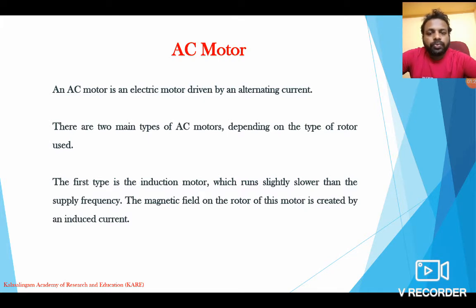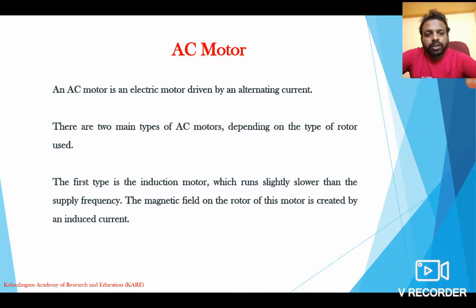There are two types of AC motor, and AC motors are used in both electric and hybrid electric vehicles. The first type is the AC induction motor. The second type is the AC synchronous motor. Each motor has special characteristics, with its own advantages as well as drawbacks. In this video, we're going to discuss in detail the basic principle, the types, and the components in them. So I'll start with the induction motor.